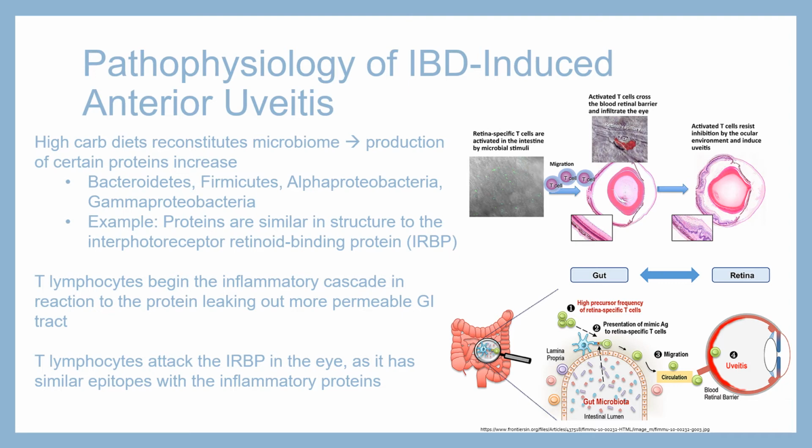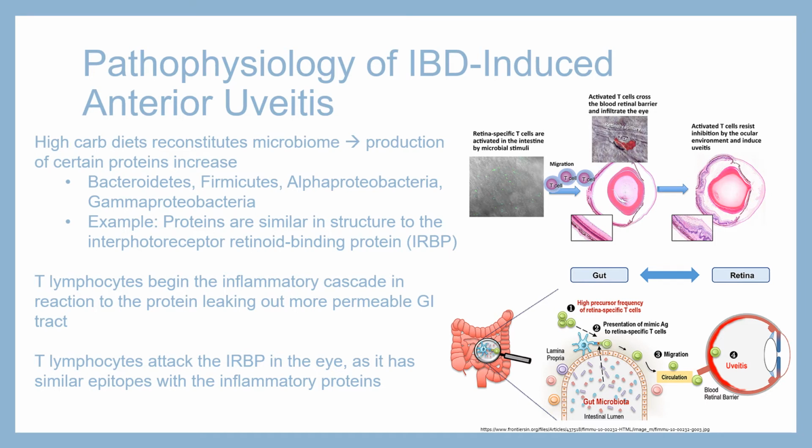Incidentally, some of the peptide products they create are similar in structure to a protein in the eye, interphotoreceptor retinoid binding protein. I'm sure there are a lot more variety and different matches between the gut and the eye's proteins, but this is one of the representative ones that we have been able to identify